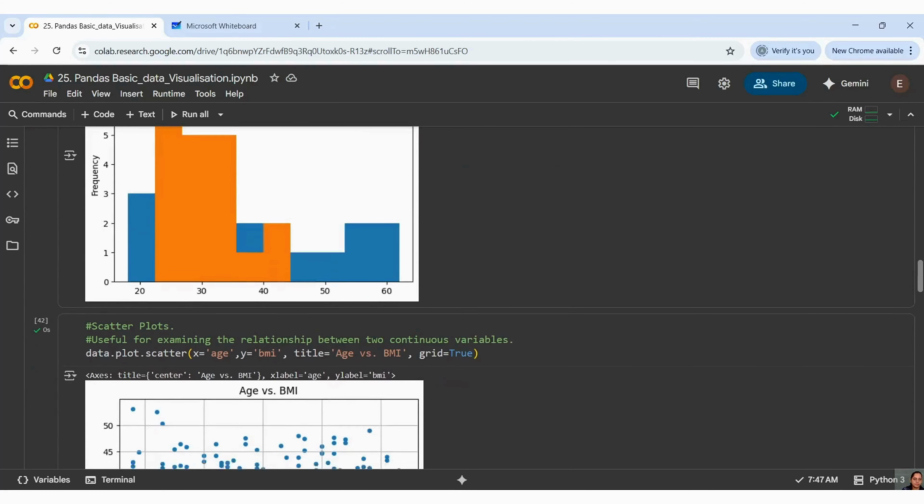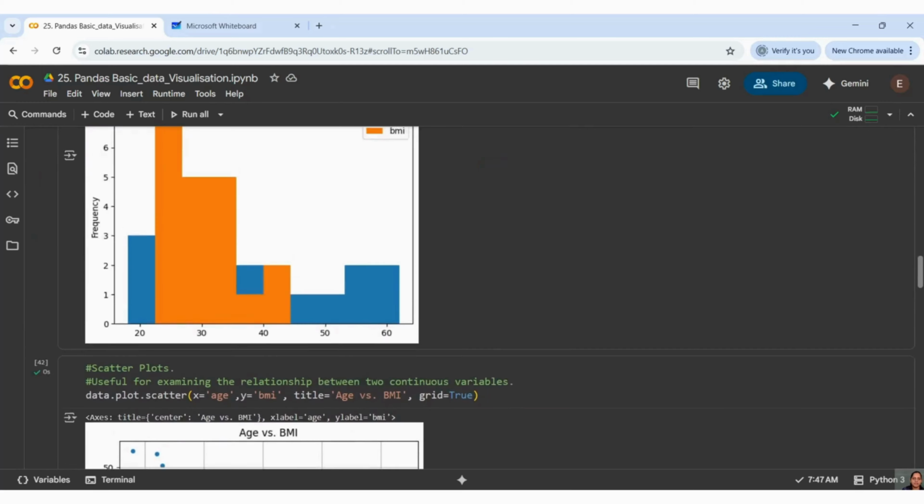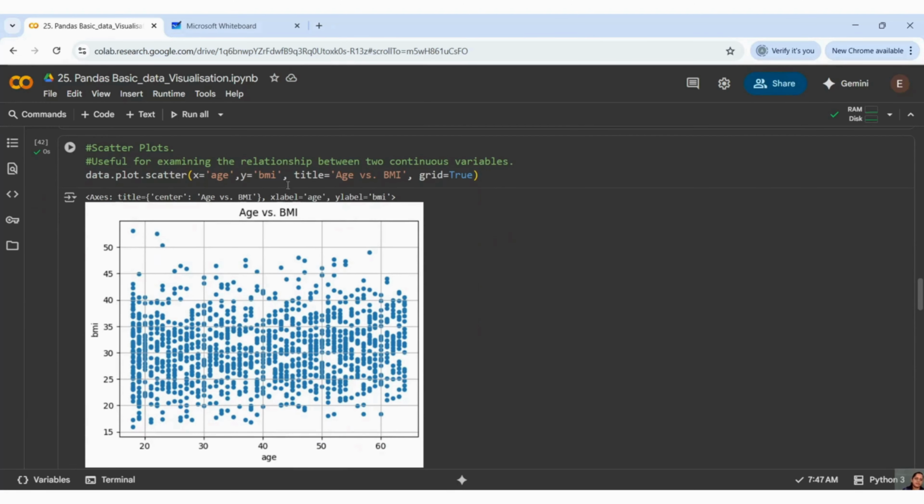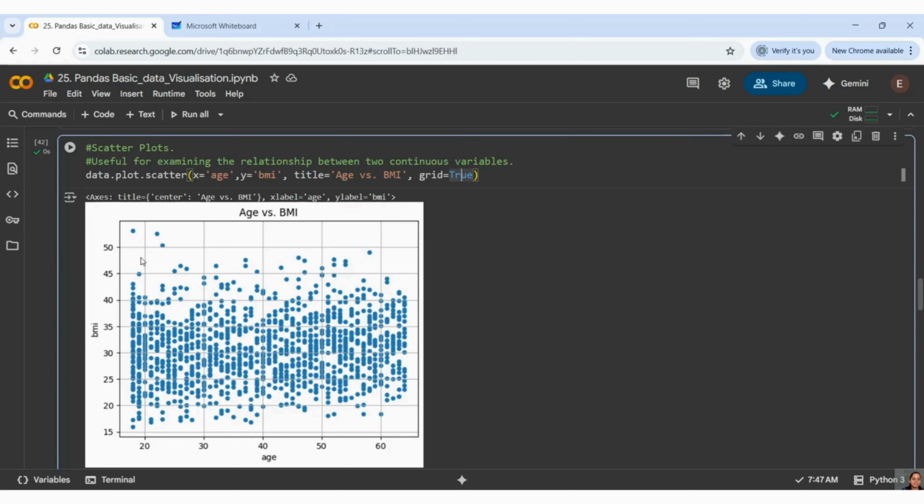And we have something called a scatter plot, guys. What is the basic fundamental of taking a scatter plot? You have to define x and y axis, and x and y axis are nothing but the data columns here, right? So my age is a column and BMI is a column. Title, I want to keep age versus BMI. You can also keep a grid. The gray lines which you are seeing, dividing the whole area into different lines, are nothing but a grid, right?